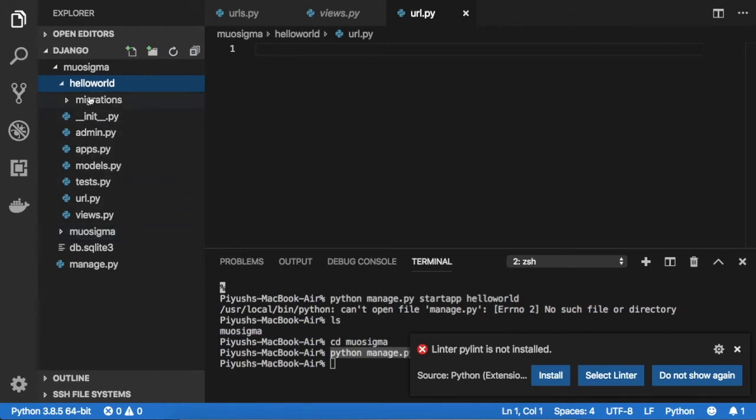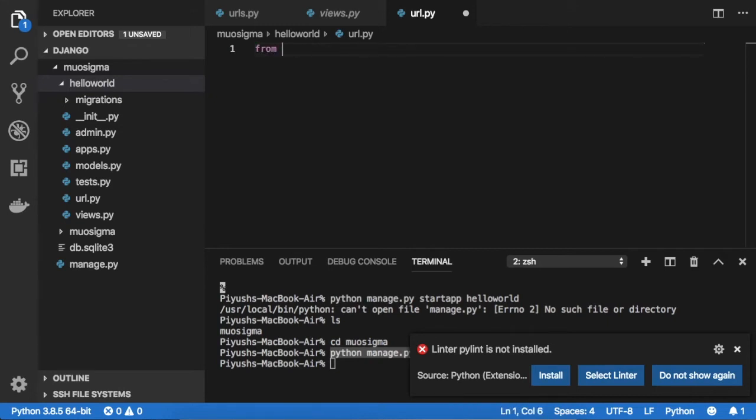So once you are inside this app part, the very first step is to create the urls.py file. So here in this file we need to create the URL pattern first. For the very first step you need to import path.